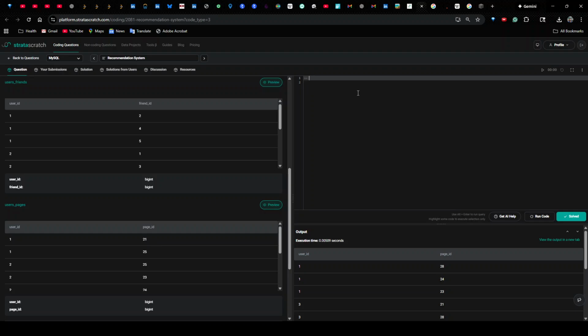So now what we need to do is, what do we need to find out? All of the pages that the friends of a user follow, but not the user themselves. We have been given two tables: users friends and users pages, and